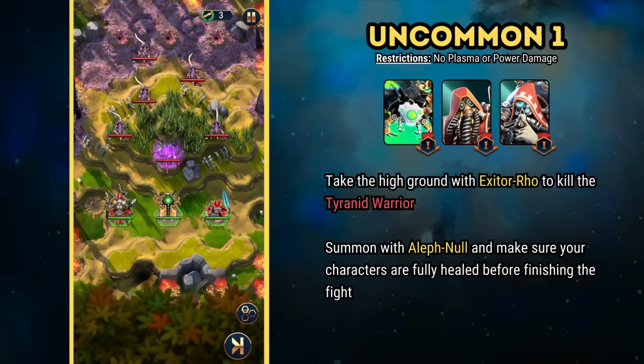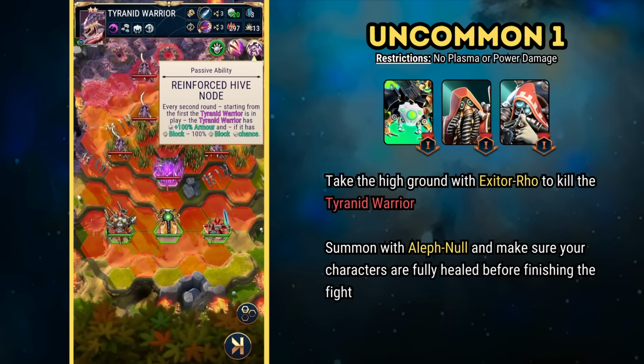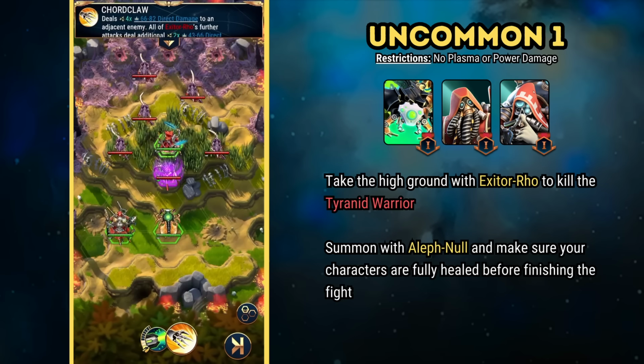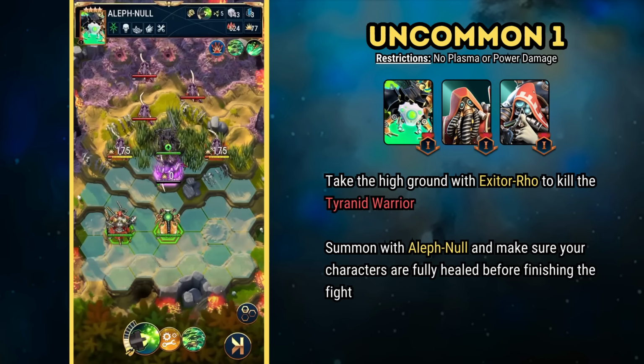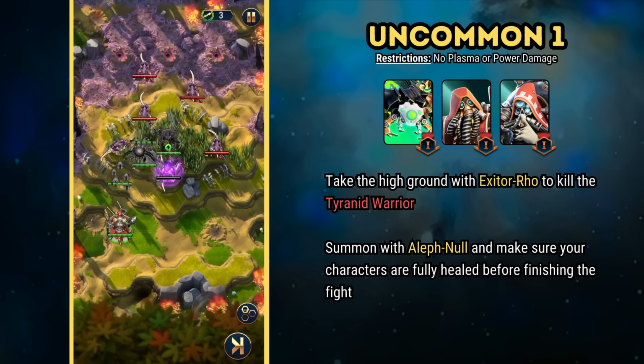For Uncommon 1, we deploy with Actus, Aleph-Null, and Exeter Row from left to right. The main thing to bear in mind is this annoying trait for the Tyranid warrior, Reinforced Hive Node. This gives the unit more armor and block chance, so you have to attack with high damage and pierce. Exeter Row thankfully satisfies both of those requirements, and putting him on the high ground to attack the warrior is